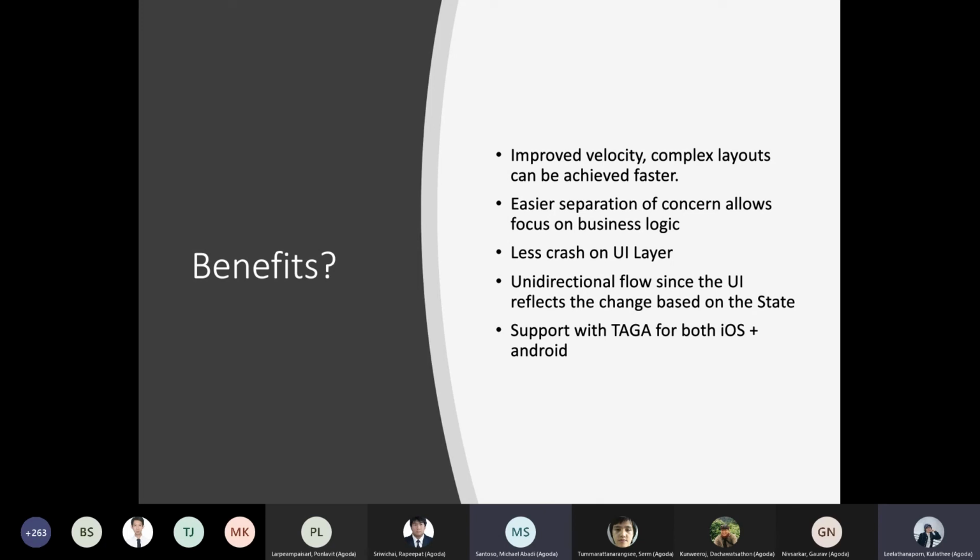The next thing is easier separation of concerns, which allows focus on the business logic, so we can think more about how to create the flow or the core logic of the things that we want to build. And then the next thing is fewer crashes on the UI layer, because mostly the crashes